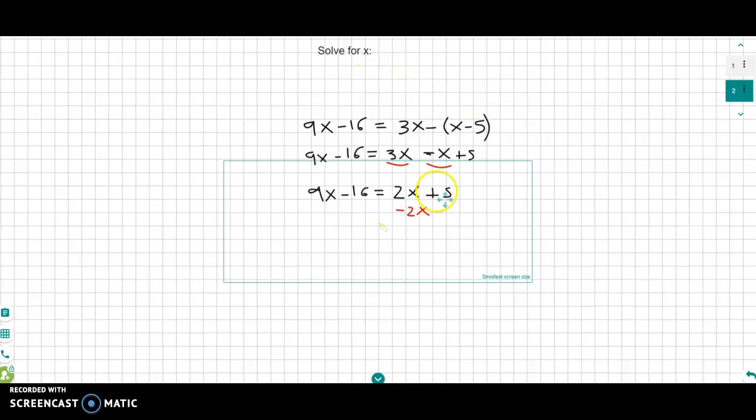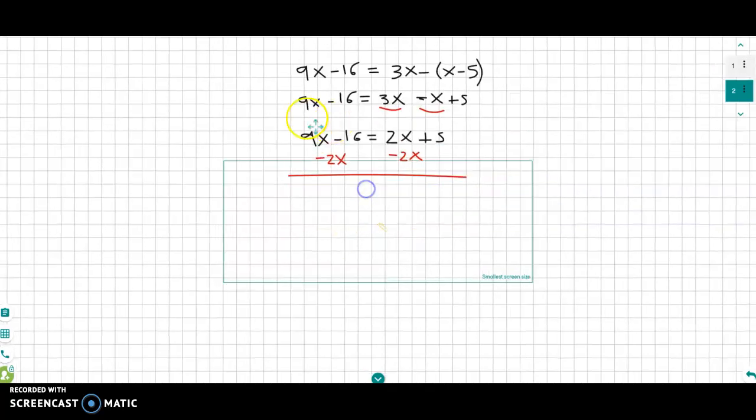But it's like a balance. If we do it to the right of the equation, we have to do the same to the left. So minus 2x. And finally, if we simplify this, we will have 9x minus 2x. 9 apples minus 2 apples, that makes 7 apples. So 7x, okay? So 7x minus 16, this number doesn't change,